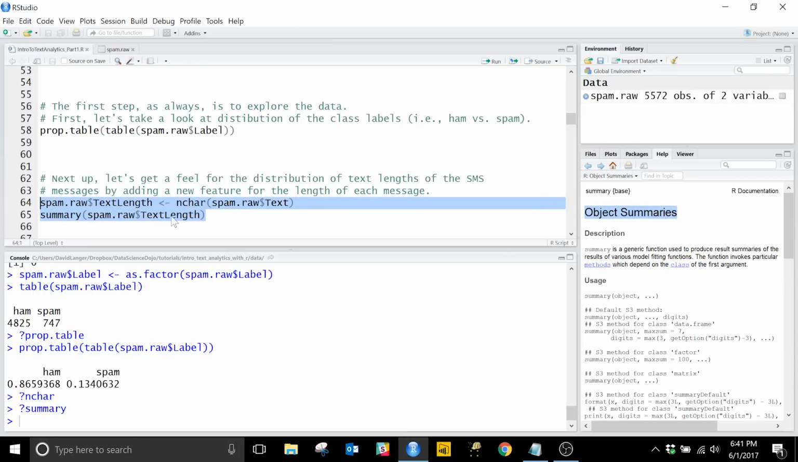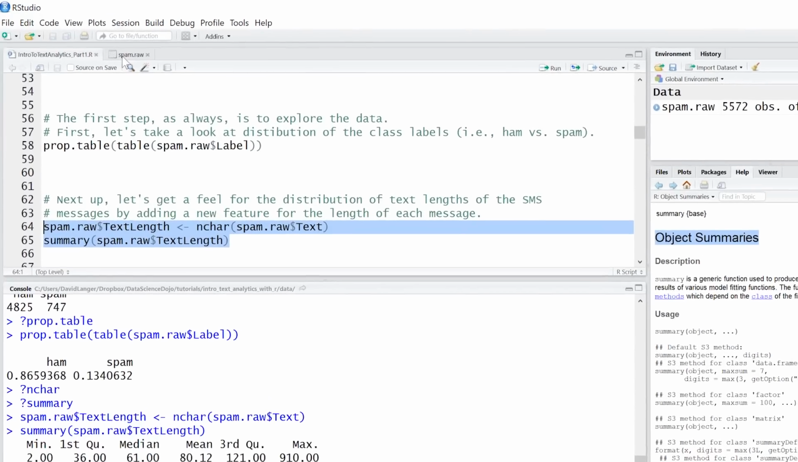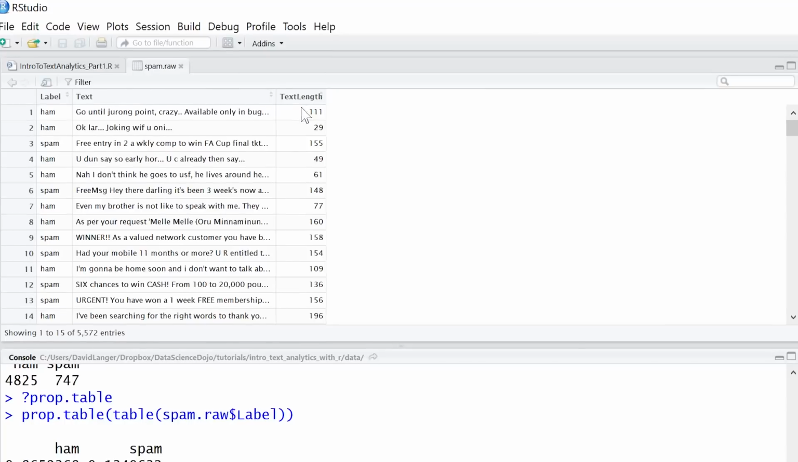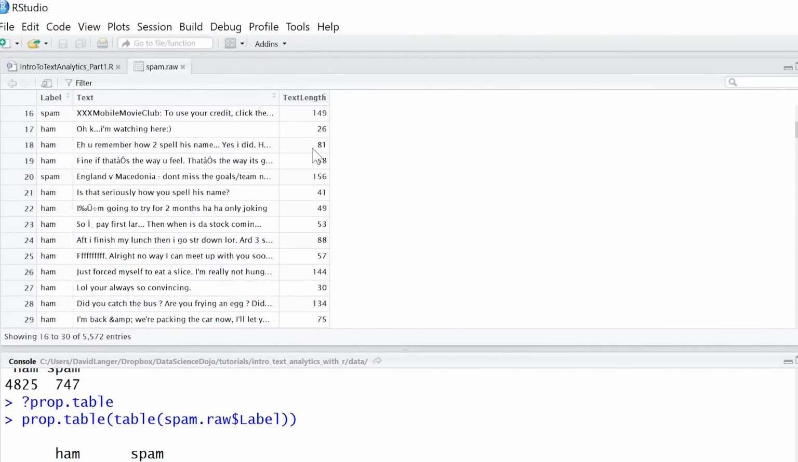Do a summary on text length. And there you have it. We have some summary statistics on the length of texts. And by the way, if we go back up here, you can see now we have a new column added to our data frame called text length. And you can go down here and you can see,